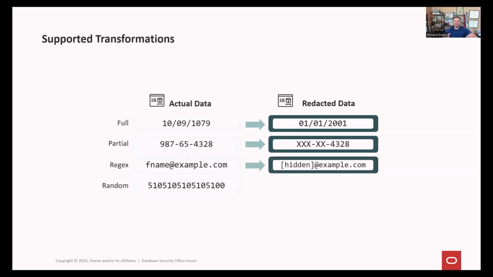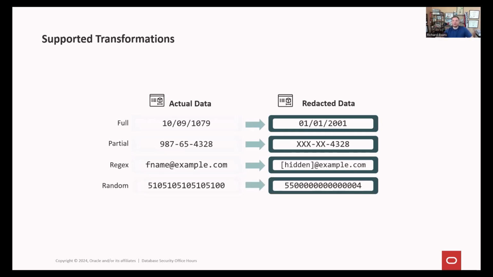Maybe we have things that are a little different, where that first name, last name isn't a fixed length. So we want to use regular expressions to redact. If you're familiar with Linux and you've done regular expressions in sed, awk, grep, or vi before, then you'll be comfortable doing regular expressions in data redaction. And we've got a couple of little cheats for you too, we'll talk about. But sometimes that first name, last name is not always the same, and we just want to redact whatever is before the @ symbol, and we can do that with data redaction regular expression functions. And then maybe we just want to do a random redaction too.